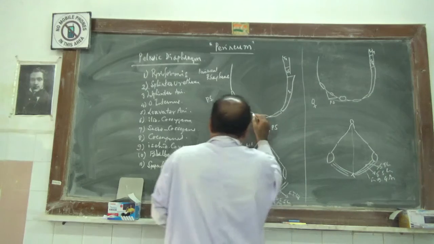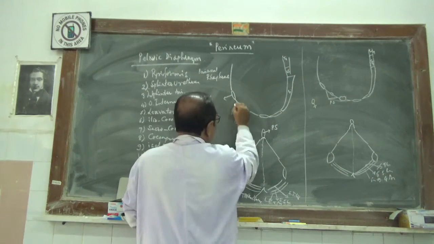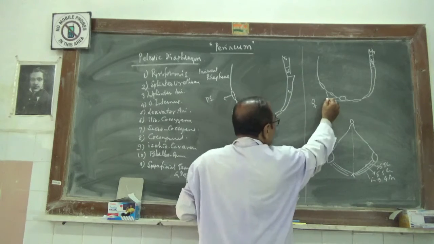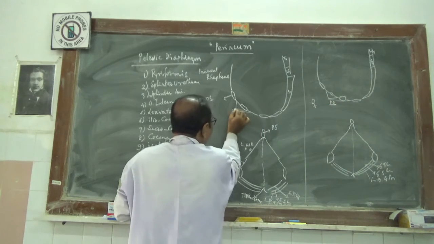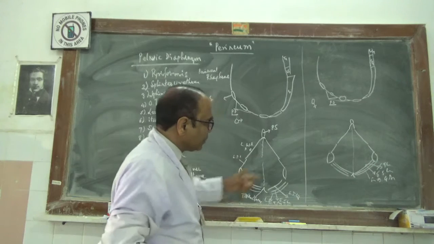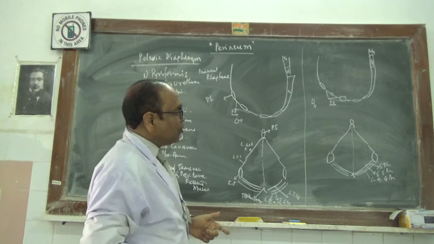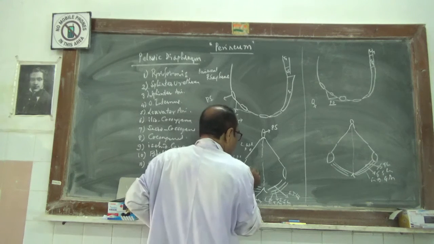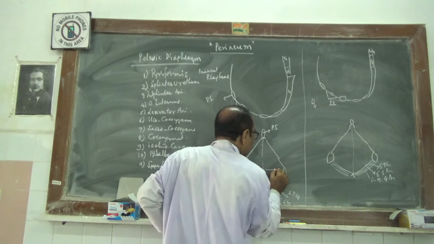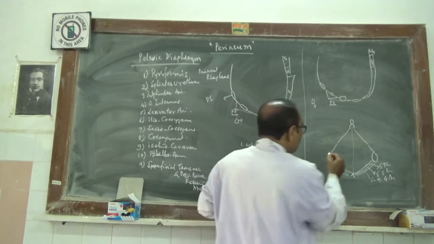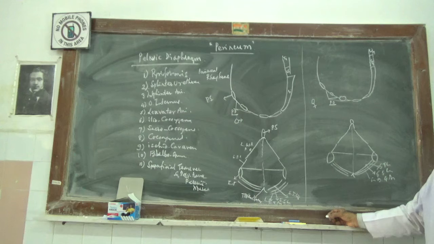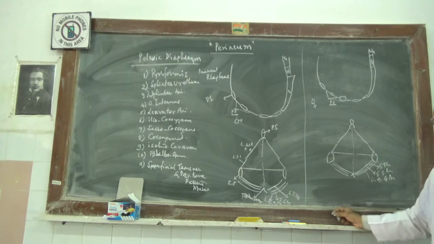Now here the pelvic diaphragm is the fusion of all these, which we are seeing here with the schematic linear diagrams. For the purpose of explanation, the perineum is divided into two parts by one line. That line is called the transischial line. Now what is the transischial line? But before that, let us look at the boundaries of the perineum.